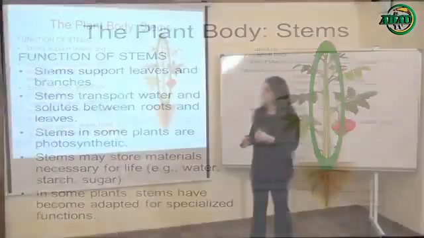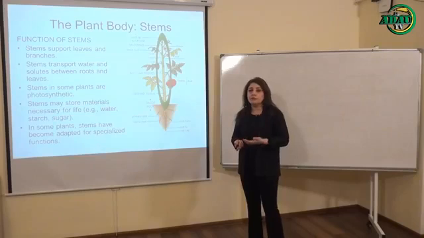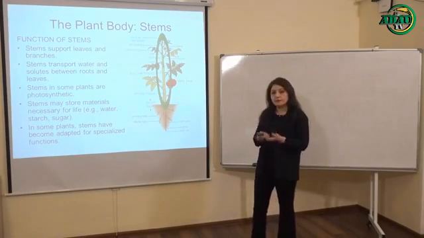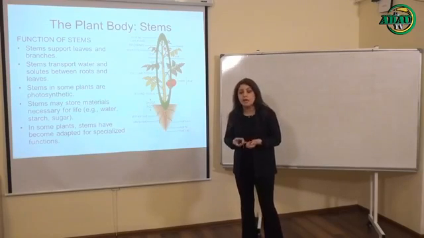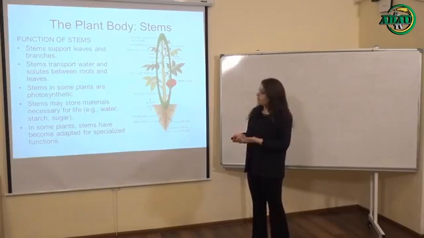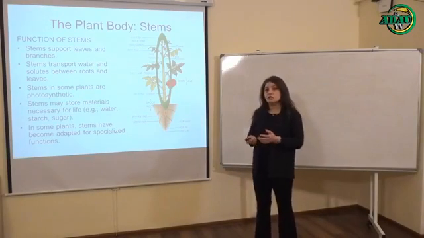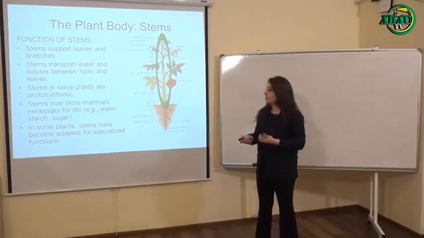Conduction of water, minerals, and organic materials occurs in leaves, in stems, in roots, and also in reproductive structures. And the second main function of the stem is conduction of water, minerals, and organic matters